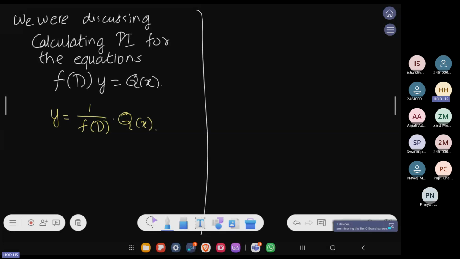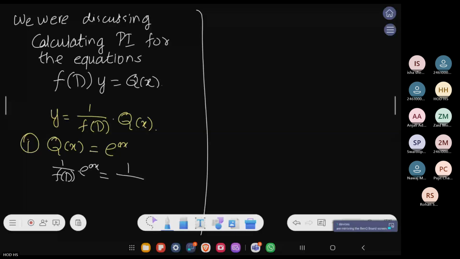So we discussed that if my right hand side q of x is e to the power ax, in that case 1 upon f of D into e to the power ax turns out to be 1 upon f power k. I will take the k derivative directly because that's the multiplicity, so I will directly write down the generic form. Then